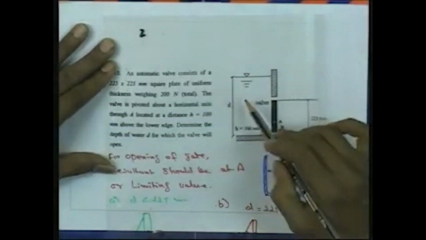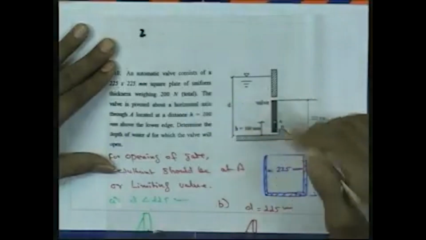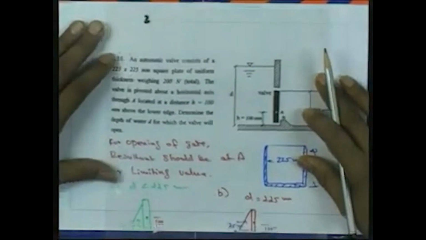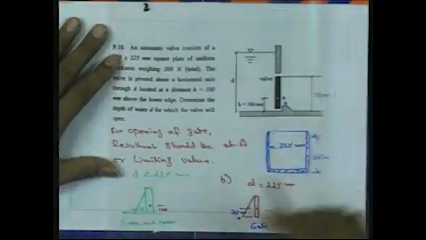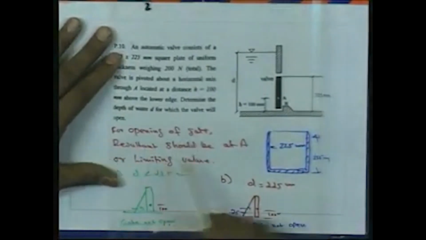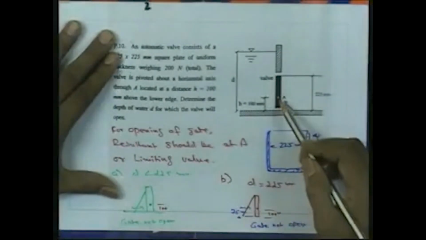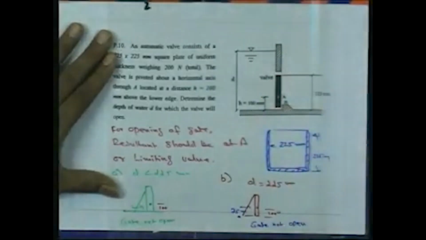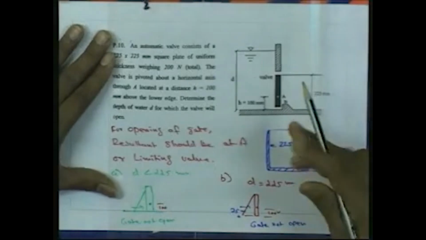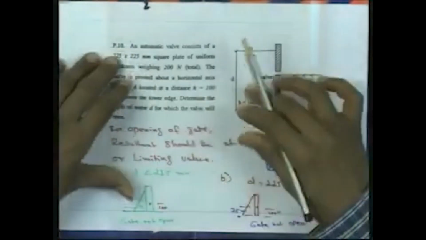So, we want to find this depth D for which the valve will open, the minimum depth for which the valve will open. For this problem we will consider three cases. The first case: we can see here that for opening of the gate the resultant should be at A. If you consider the various forces acting and determine the resultant force, then to find the minimum depth of water,